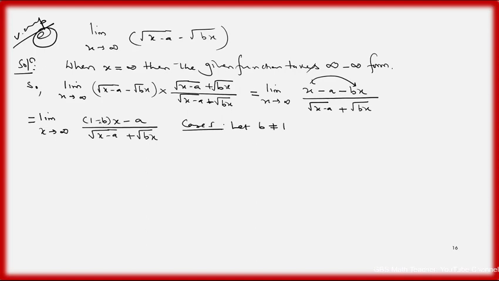Let's suppose there are two possible cases. b is either 1 or something other than 1, right? In the first case, b does not equal 1, then the function takes an indeterminate form,